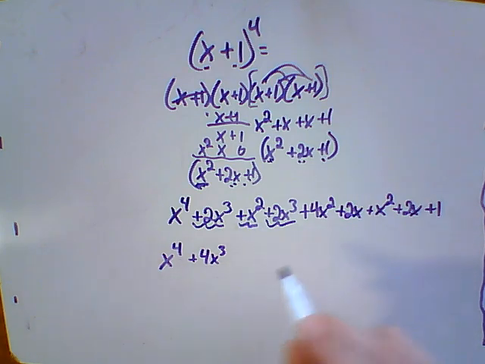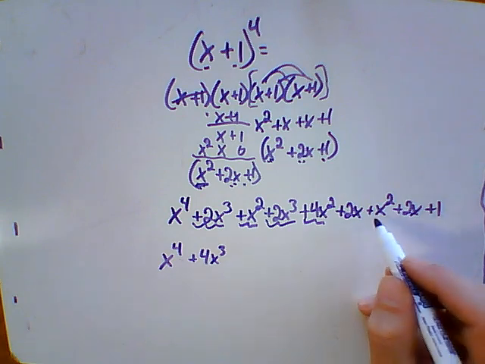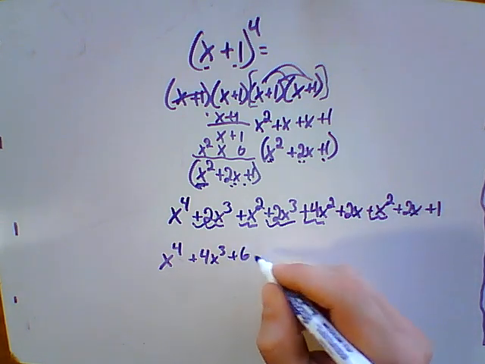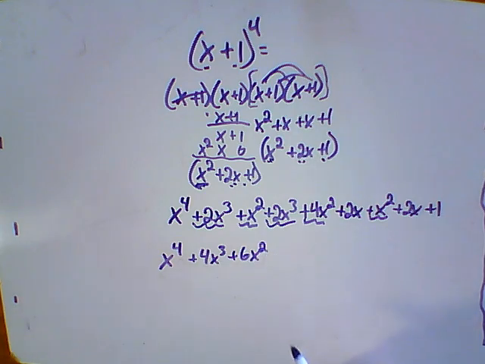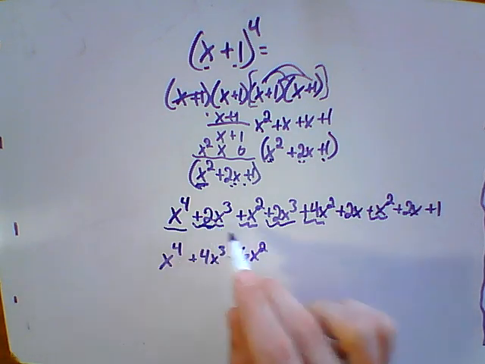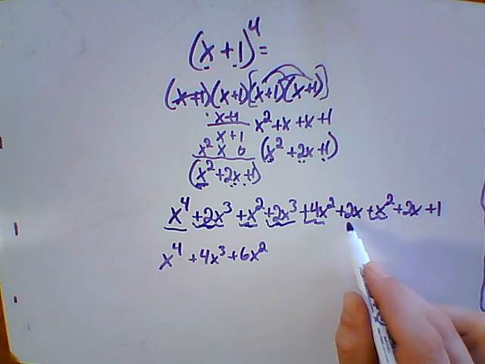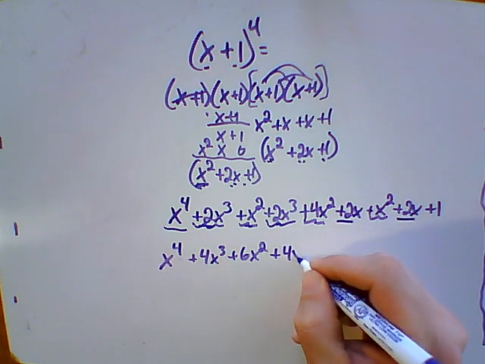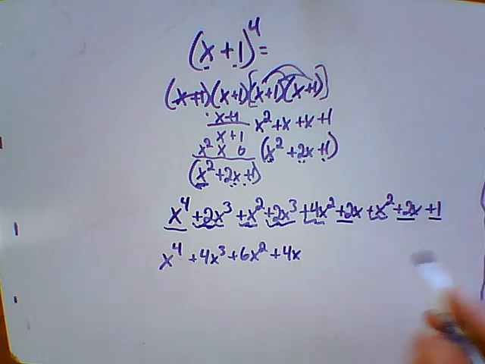There's an x squared here, and a 4x squared there. That's 5x squared. And another x squared here. That's 6x squared. I have a 2x here and another 2x here. That's 4x. And there's a 1 plus 1. So all of that work is to get x plus 1 to the fourth,